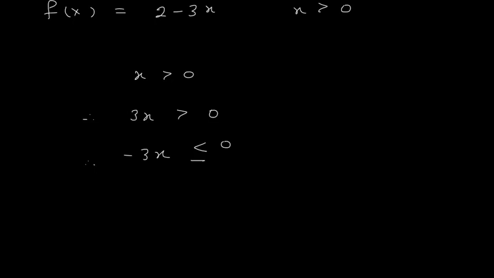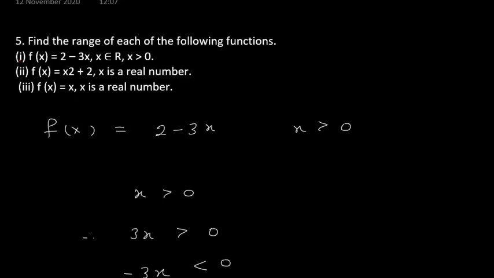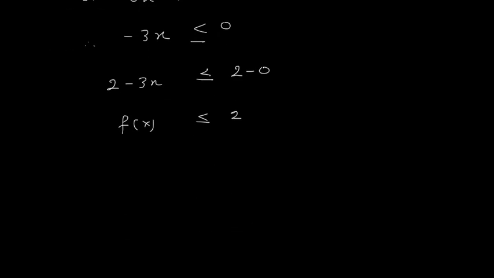So 2 minus 3x will be less than 2 minus 0. So the value of 2 minus 3x is less than or equal to, now 2 minus 3x is f(x), so the value of f(x) is less than or equal to 2. So here we have to find a range. Therefore I will say that the range will be,